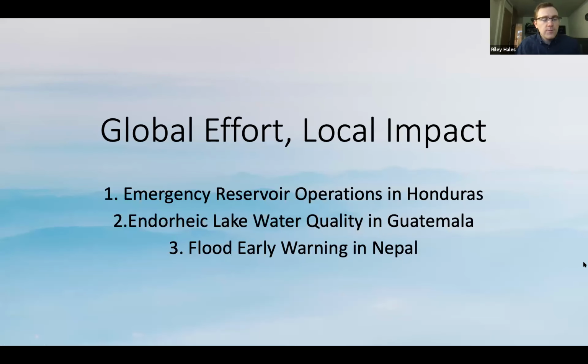And so through my remaining time, I'd like to spend it describing some examples of how these services that we developed were used to impact decision-making at local levels. I've got 3 examples. One is in Honduras, the other in Guatemala and Nepal. And some are related to floods directly, some are water quality. We found that these services really enable quite a bit of science. And so these are representative of the wide gamut, not just flooding, that these services provide data for.